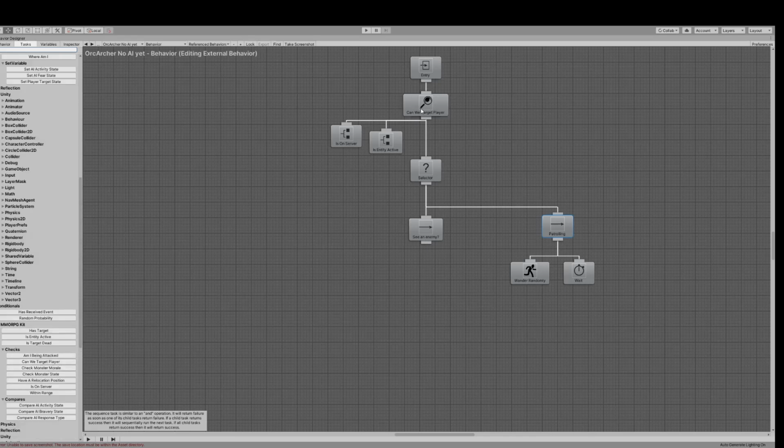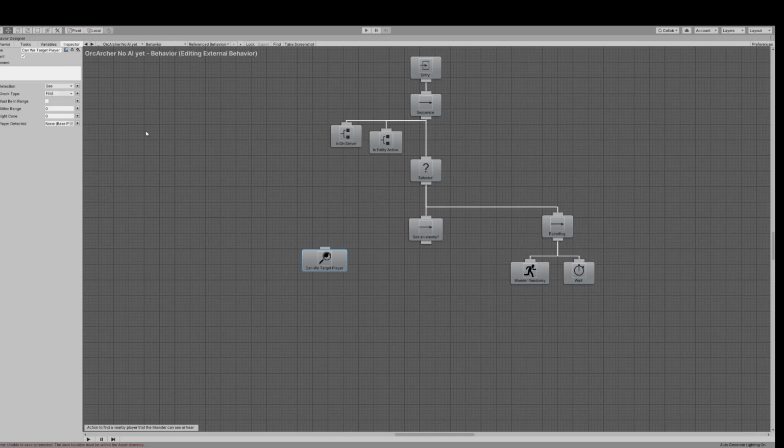Can we? Yes, there we go. It's called "Can We Target Player", possibly also called "Can We See Player". It's got a variety of functions. See, here,